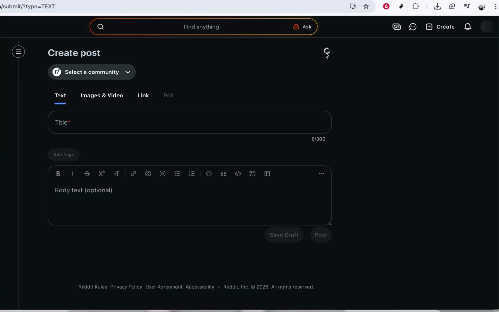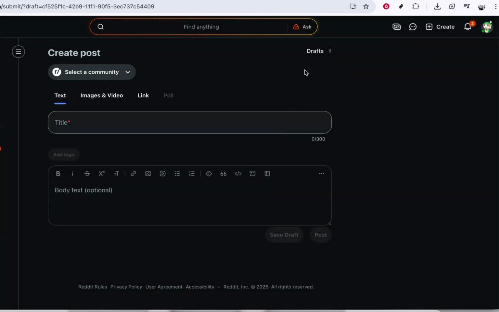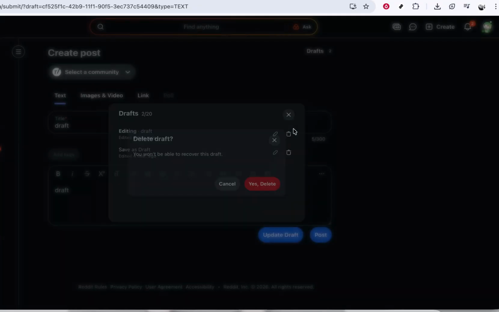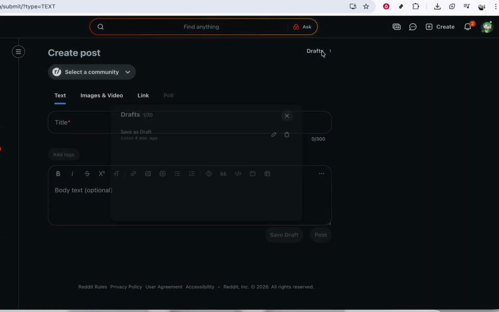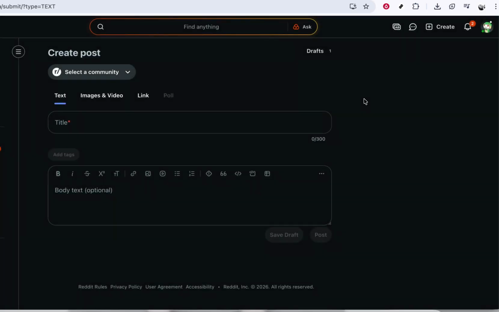From here, you can select the draft you want to continue working on. Just click on it, and Reddit will reopen that unfinished post, including your title, text, and any other details you had already added. You can now keep writing, make edits, or, if you're ready, choose a community and publish the post. If something looks outdated or you decide you don't need a draft anymore, you can safely ignore it or delete it from this section to keep things organized. And that's all there is to it. By clicking on Create and then opening the Drafts tab above, you can quickly find and